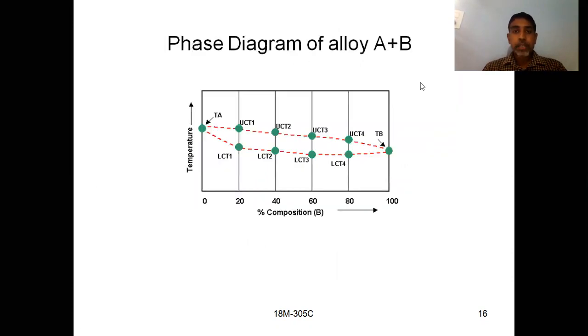And next, see here, you are considering an alloy with A plus B. So if you take A as complete 100% and the proportion changes, see here, I am taking the composition of 0% B. That means if you are having 0% B, you are having 100% A. Here you are having 20% B, which means 80% of A. Like that, if you draw the cooling curve or a phase diagram, the equilibrium diagram will be like this. Okay, so it is for an alloy.